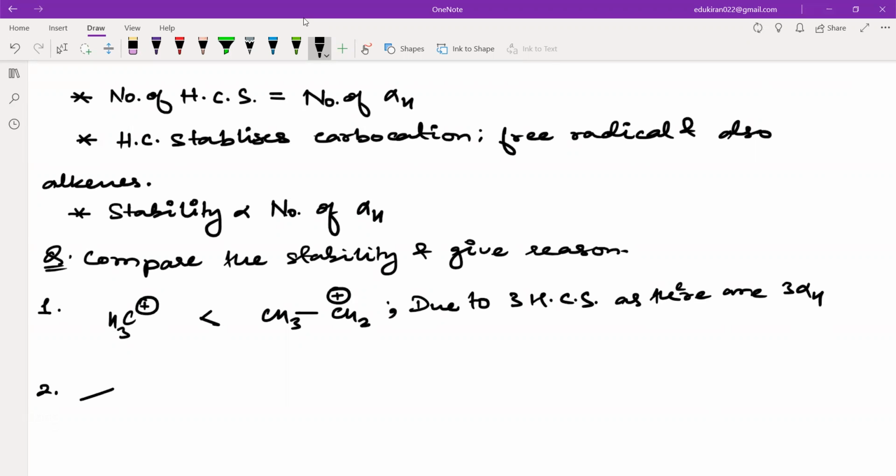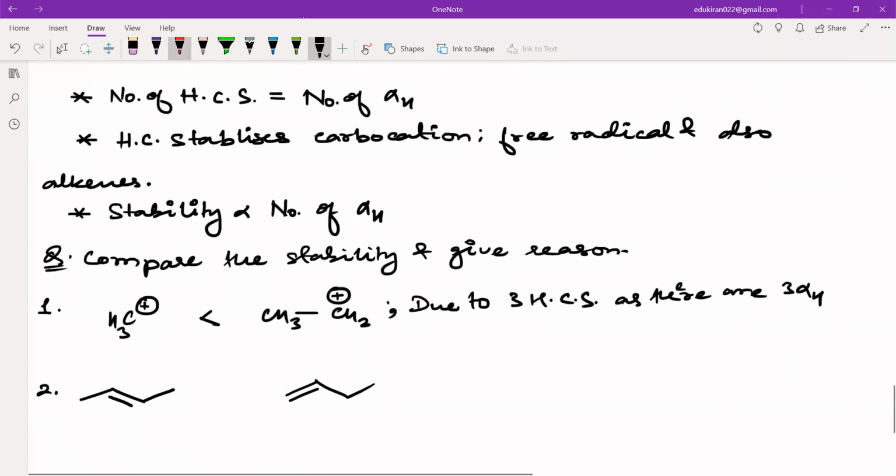Secondly, we can also compare. This is also a 4 carbon compound, which has a double bond. We can compare this with something like this. Now since all the structures are the same, all the fragments are the same, there is only a difference in the position of the double bond. So for these two alkenes, we can compare the